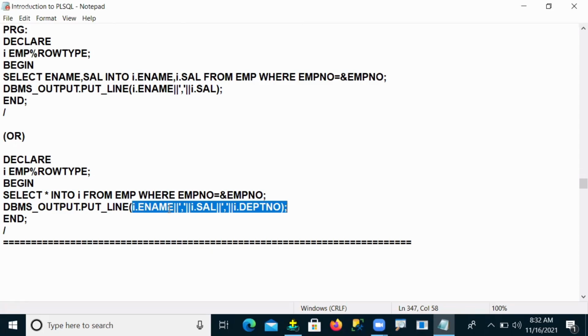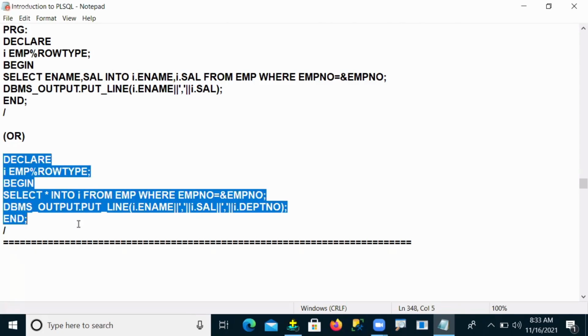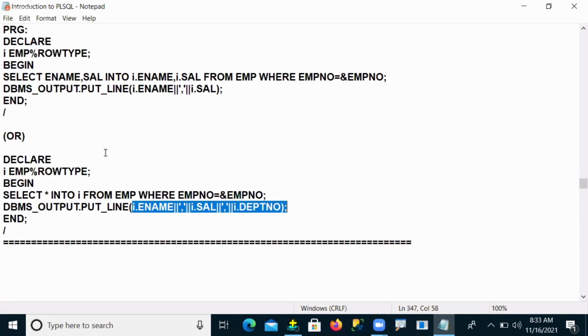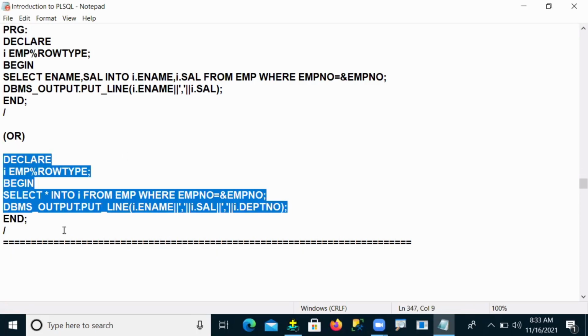Here I was taking simply three columns. Star means all columns. If you want to take all columns, then what do you write? I.empno, I.ename, I.job, I.mgr, I.hiredate, I.salary, I.commission, I.deptno. That you have to mention, then all are displayed. Suppose I don't want all, sir, only specific ones. Whichever I want, those I display out of the eight columns. So here also it works like a star.